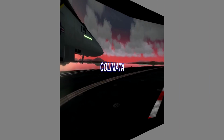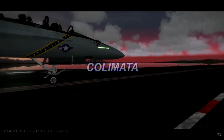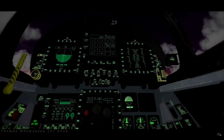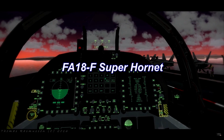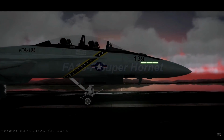Moving over to X-Plane, the Collimator F-18. Now you're currently watching Thomas Rasmussen's video of the Collimator F-18. This is an X-Plane take on the currently operational F-18F twin-seat multi-role fighter. It's important to note that this is a currently serving variant of the F-18 in use by the US Navy